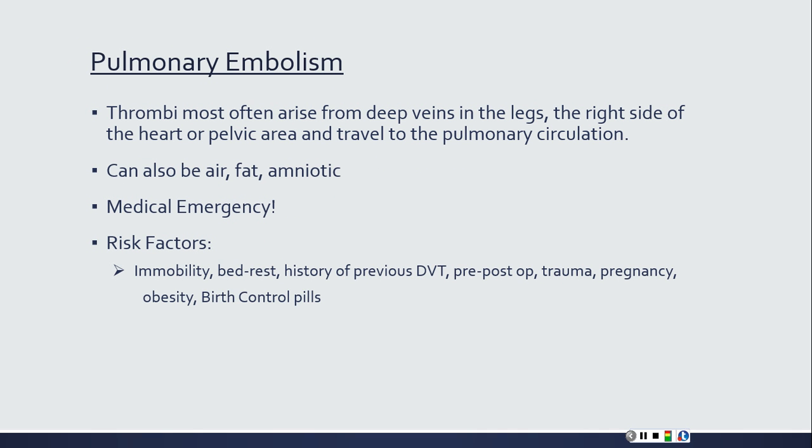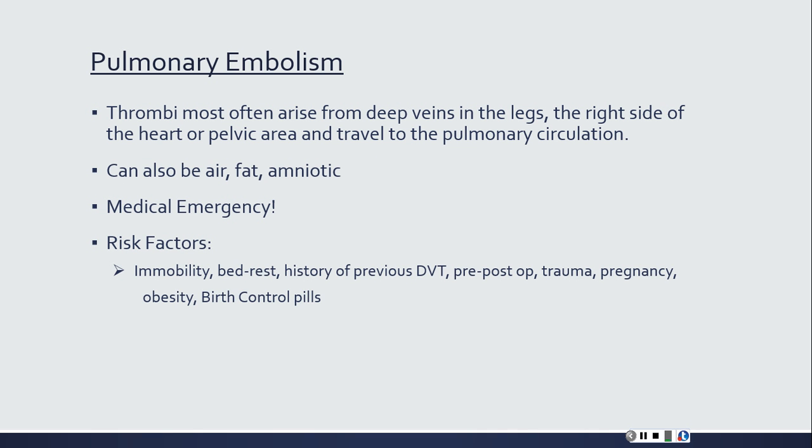Now, what's the problem with that? Well, we've got a nice blood supply going through the lungs, capillaries. If we've got a blockage that prevents that blood flow from breaking off into the capillaries, what happens? Well, we can't move blood into those capillaries for oxygenation,